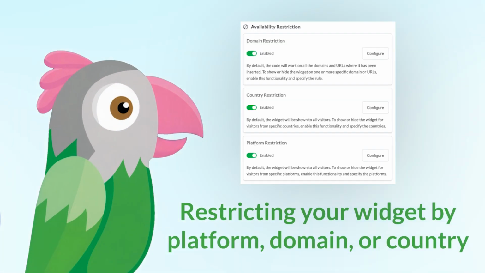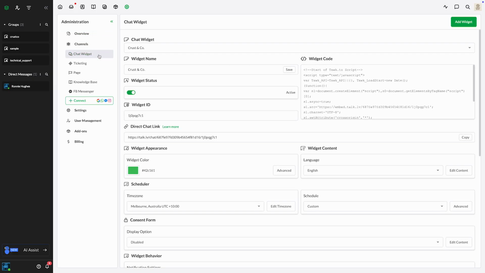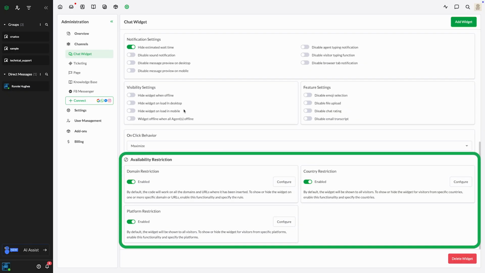In this video, I'll show you how to control where and when your Talk to Chat widget appears. Restricting the widget helps you fine-tune the support experience so the right people see it at the right time. You might want to hide the widget on certain devices, show it only on specific websites, or limit it to